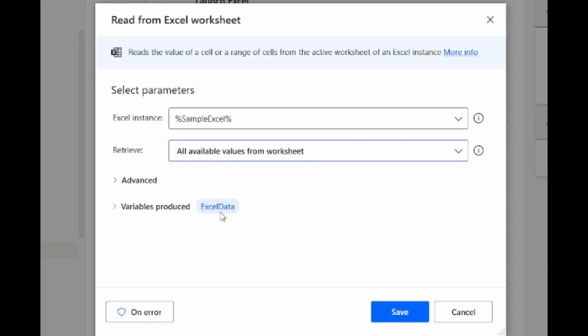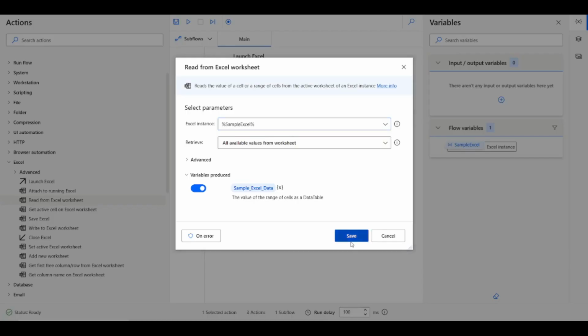Okay, so the variable produced is Excel data. You can rename it as something like sample Excel data, or use sample_Excel_data. You can't use spaces, otherwise it will say invalid name. Okay, it is not giving an invalid name here, so you can use it, but it's better to use underscores. I think if you use a space here and click on save,